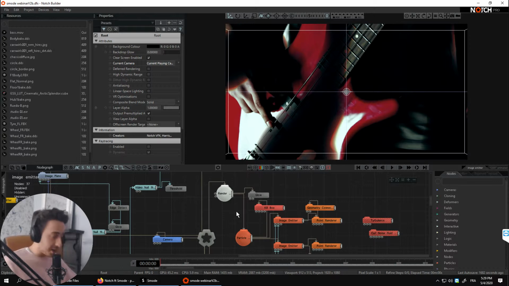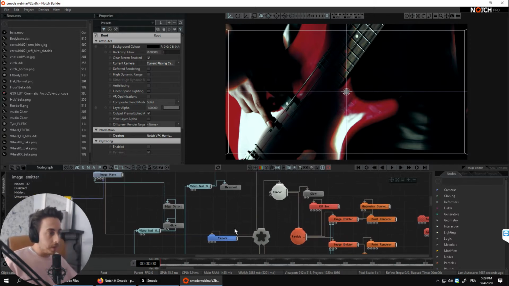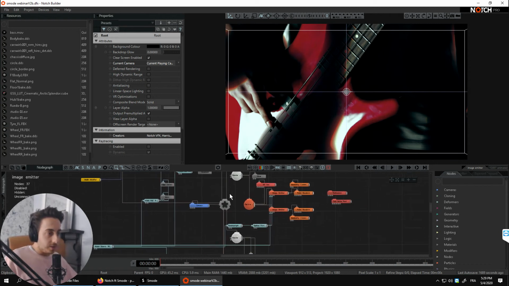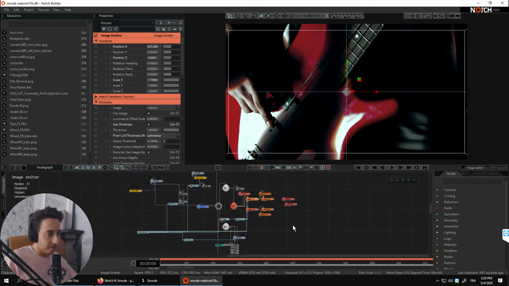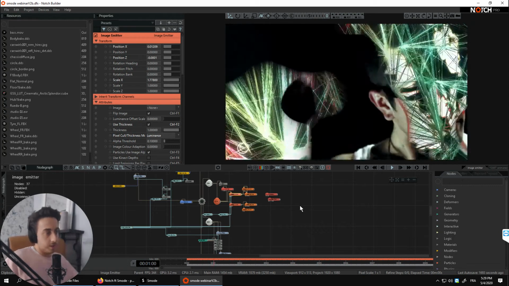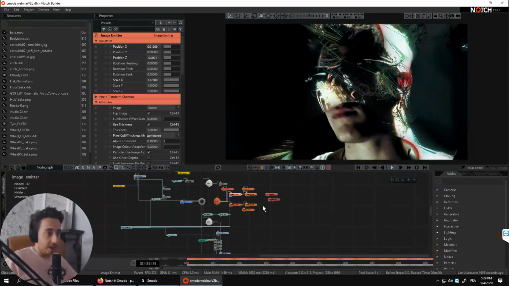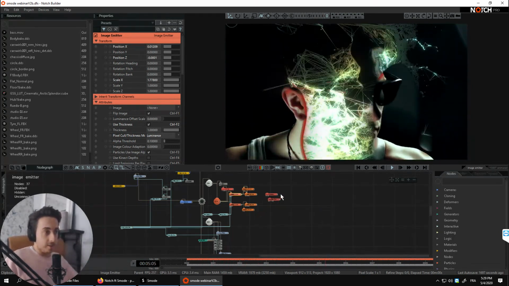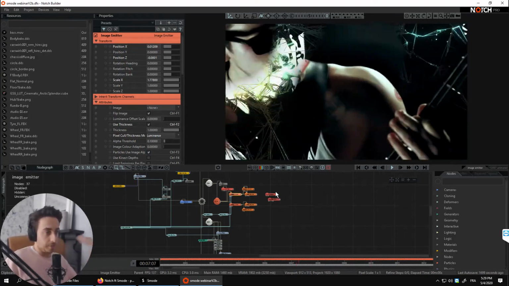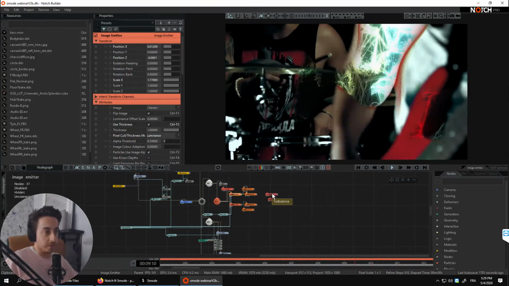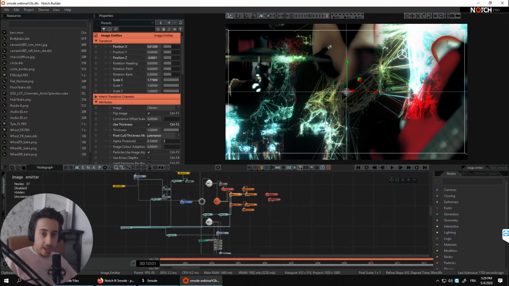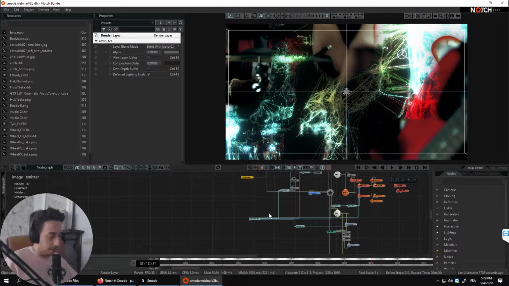So firstly, let's go into our 2D image, and don't worry too much about it. It looks like there are a few nodes in here, and all that's going on is that we have a particle system that is basically doing an overlay on top of the actual image itself. Obviously, we are using a video for our example, but you can do live feed from Smode going into this